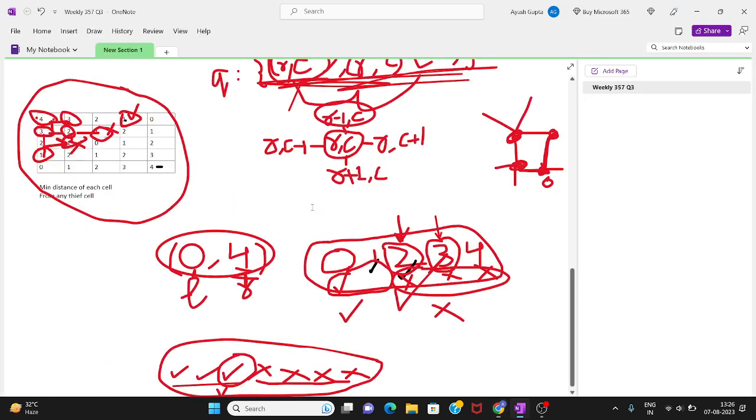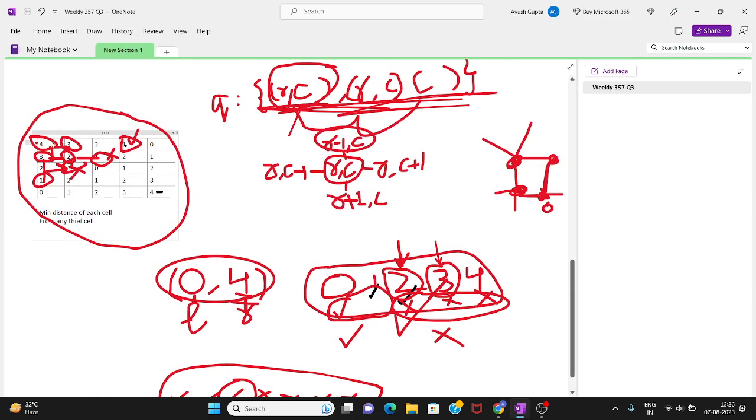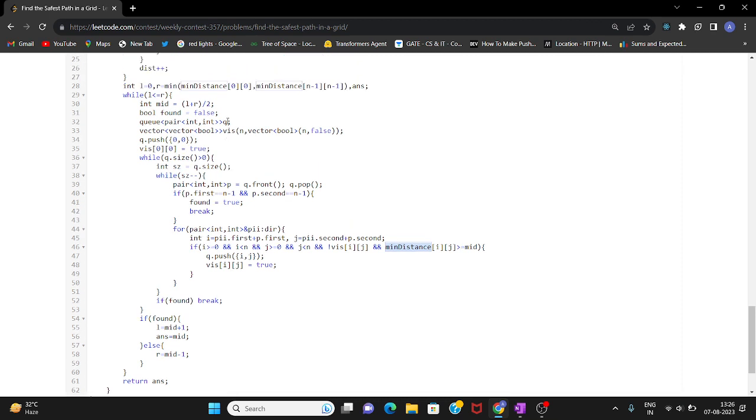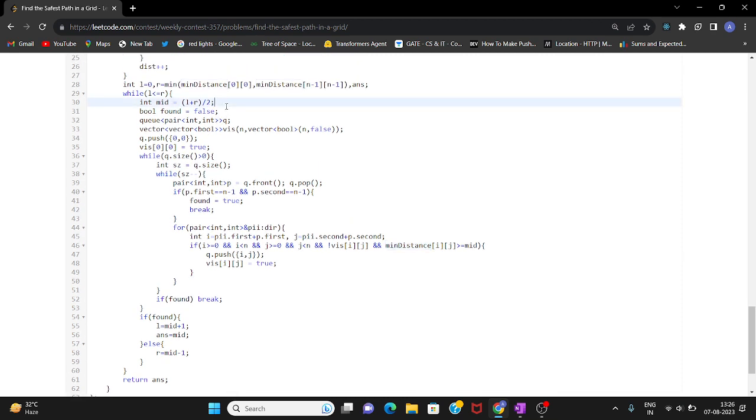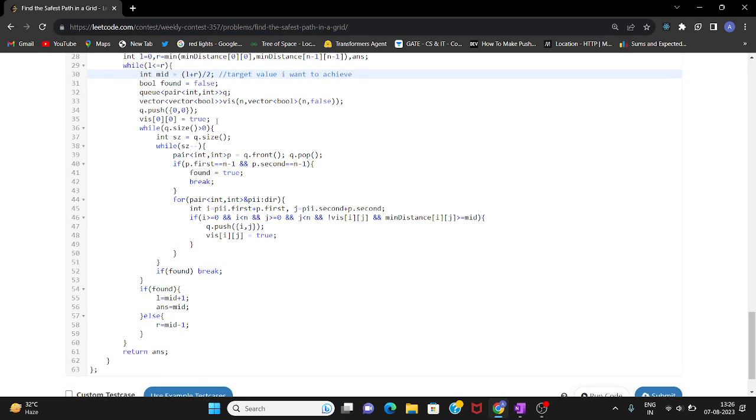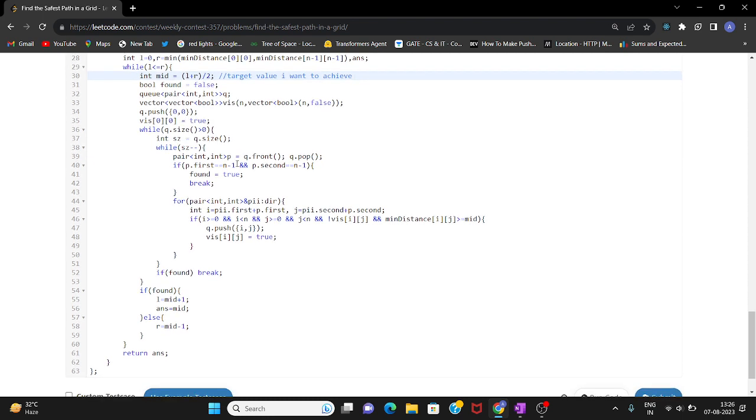And see what I have explained in this. We can move to the cells which have a value greater than or equal to my target value. So what is the target value here? It is the mid. This is my target value that I want to achieve. I am just checking here if I can achieve this value or not.